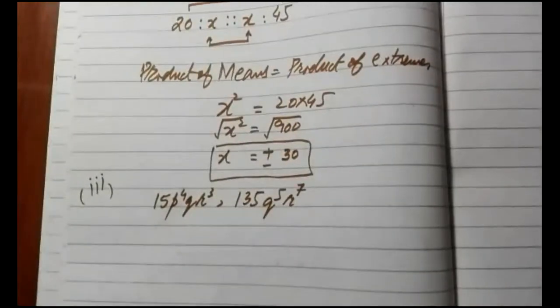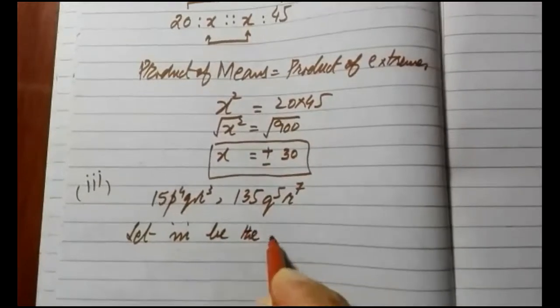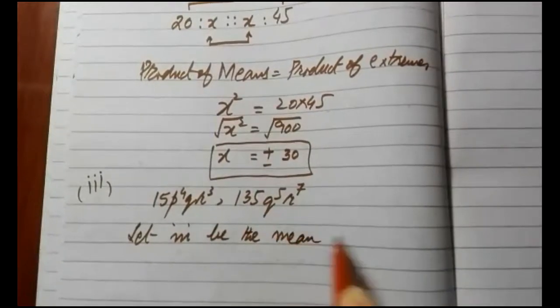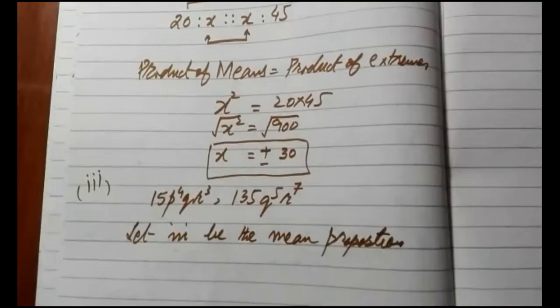This is how you will write the statement of the question. Now you have to do the arrangement, just similarly as you have done in the previous part. Assume anything like x, m or whatever you like and start the statement. So you will write it like m be the mean proportion. You will write this statement first and then you will arrange the terms.